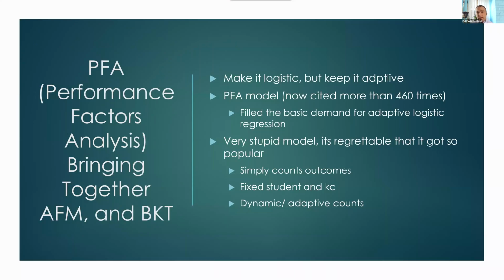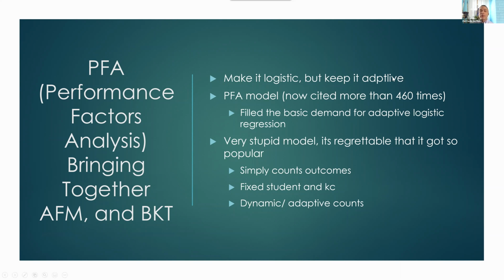So going on from that, I had come from the cognitive modeling tradition, and so obviously that model wasn't very adequate to me. And I could see right away the importance of testing effects, and that whether you get it right or wrong with a test is going to have a tremendous amount of information to predict future learning. And so I was thinking about a way to add that into the model. And of course, the obvious way to add it in and keep it logistic,